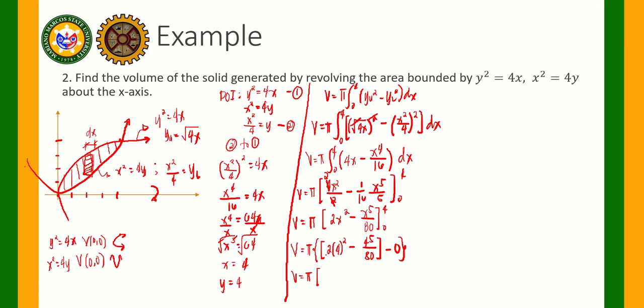That is 2 times 16, minus 4 raised to 5 over 80, that is equal to 64 over 5. Okay? And our volume is equal to 96 pi all over 5 cubic units. So, that is example number